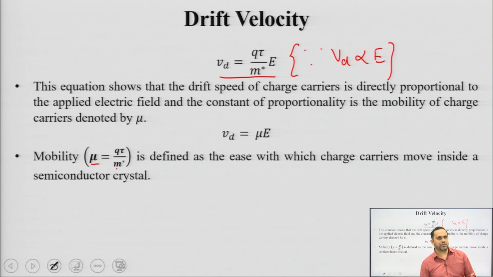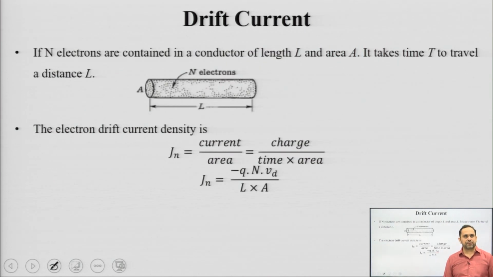So, whenever you apply this field, how easily charge carriers can move inside the crystal is decided by the mobility of that material. Now, you would know that not every material is going to produce the same amount of current, not every semiconductor is going to allow flow of charge carriers in the same way, there are going to be certain differences. There are going to be differences in the relaxation time, there are going to be differences in terms of effective mass, right. When these parameters are different, it means mobility is different, and if mobility is different, the drift speed is going to be different. Okay. So, this is the concept of mobility.